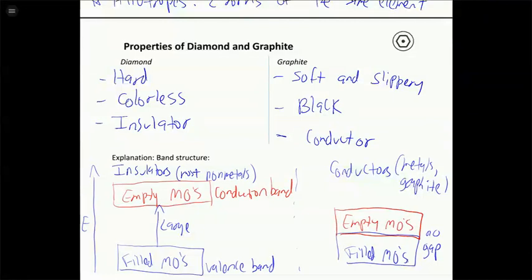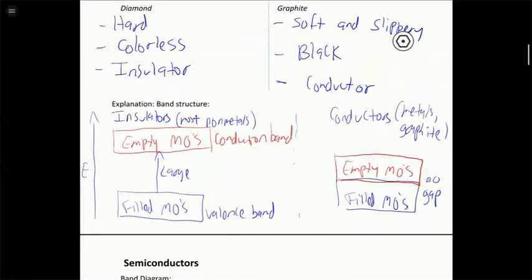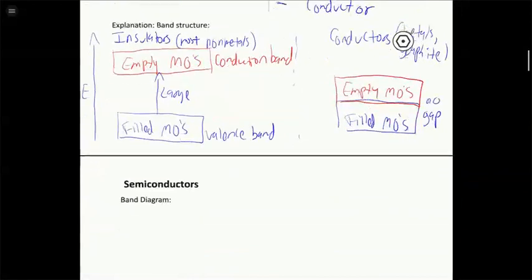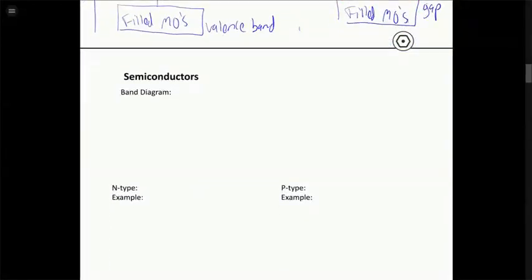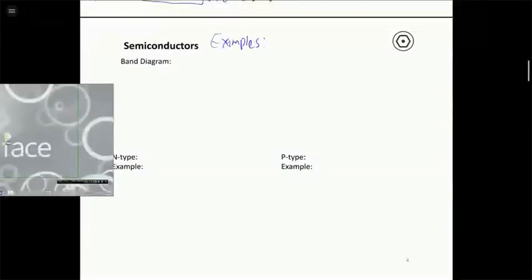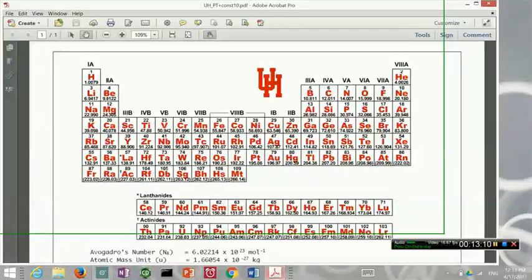Now we also have a class of elements that sort of fall in between, and these are called semiconductors. So semiconductors are going to be most of the group 14 elements, so the ones that are the same with carbon. So I'll pull up the periodic table real quick. So carbon, as I said, is either an insulator or conductor, depending on what form it is. But most of these other ones, silicon, germanium, they form what are called semiconductor structures. I think arsenic does as well.